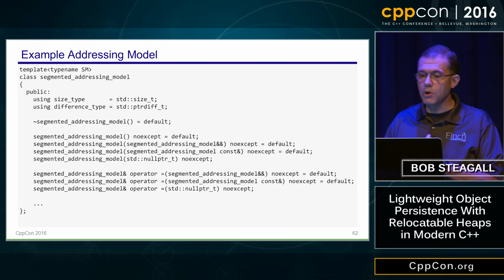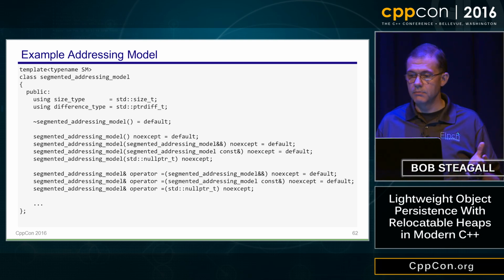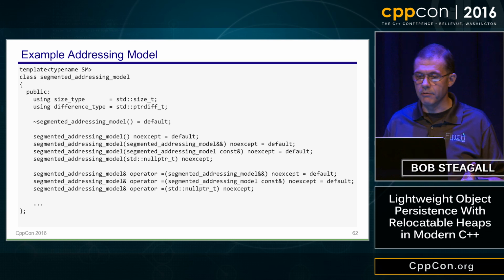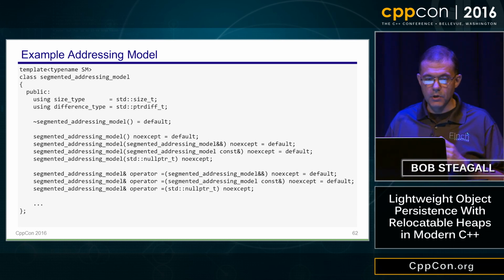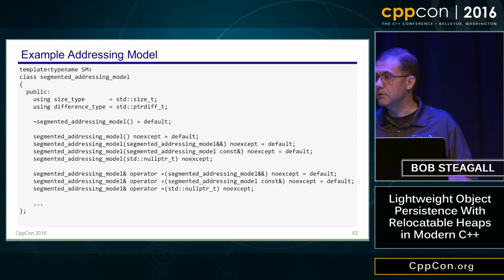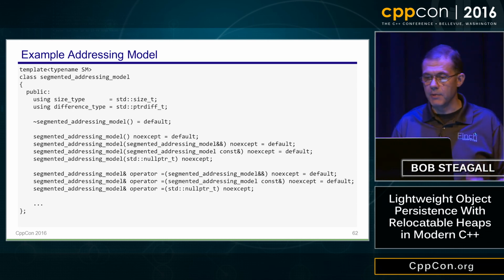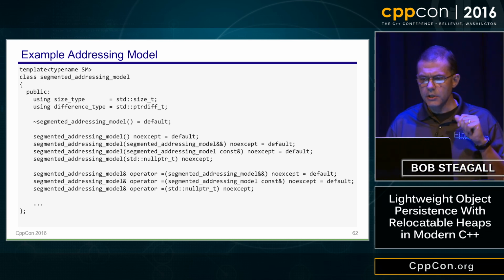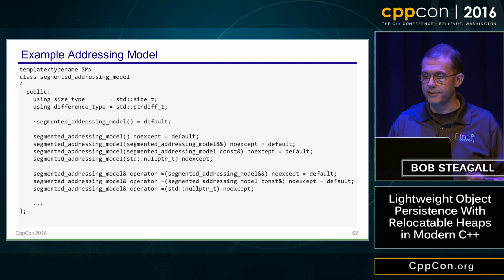Now we're looking at the prologue part of the class with important nested type aliases and the canonical member functions. And really all we need to know at this point is size type and difference type. All of the canonical member functions are defaulted, and here I've also made them noexcept to optimize performance. The only ones that are not defaulted are the ones which take a parameter of nullptr type.